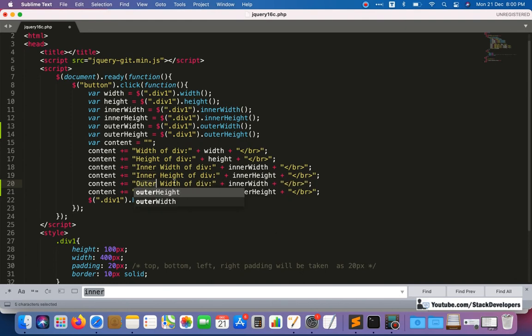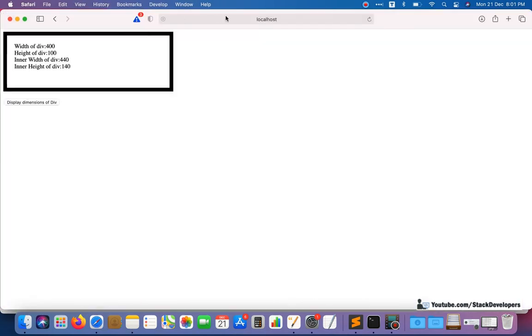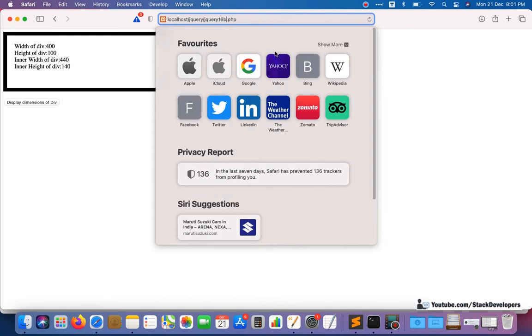Outer, outer, outer width, outer height. Okay, so I'm going to check now jQuery 16c,